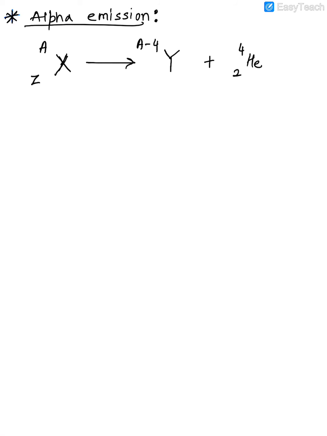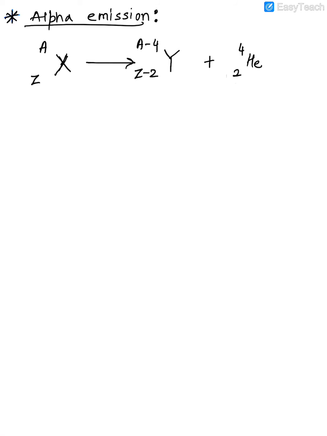Also you can see there are 2 protons here, so 2 protons have been extracted. It means this will be short of 2 protons, so Z minus 2. And because the atomic number does not remain the same anymore, you notice that it was X earlier, but now I have named it Y. So it's another element. So whenever an alpha particle is emitted, atomic mass will reduce by 4 and atomic number will decrease by 2. Clear?